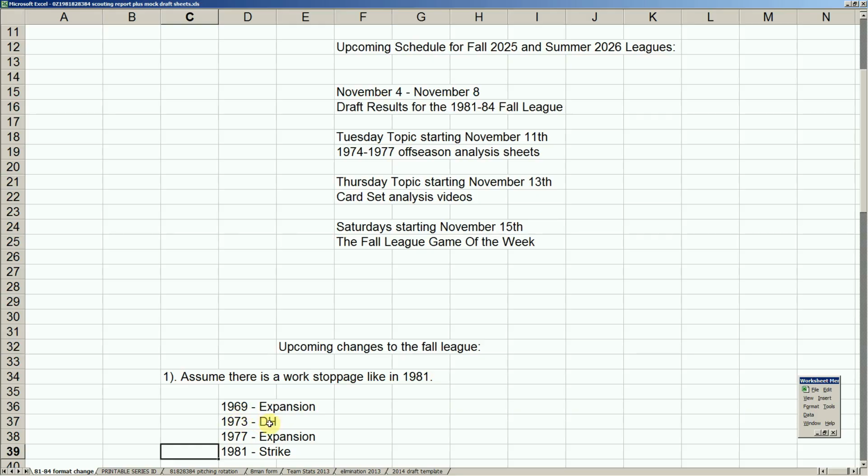And then in 73, they instituted the designated hitter to appease, I guess, both sides. And so 73 was a jolt of energy to a sport that was lagging in 72 and 71. All right. Four more years in the future, they add Seattle and Toronto in 1977. And again, that year, you've got some ridiculous offense